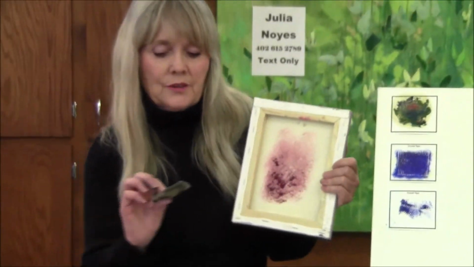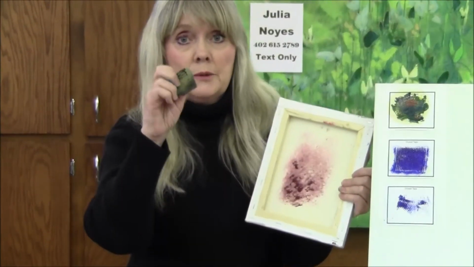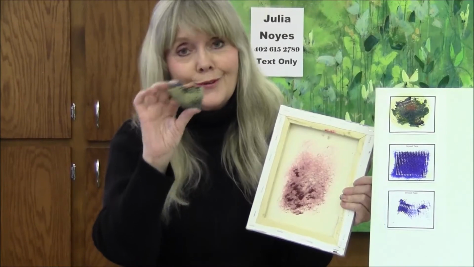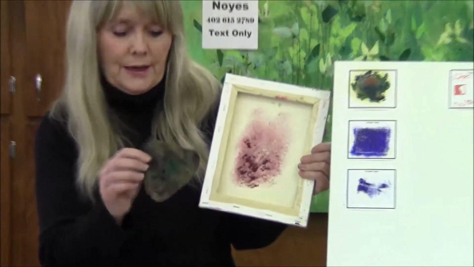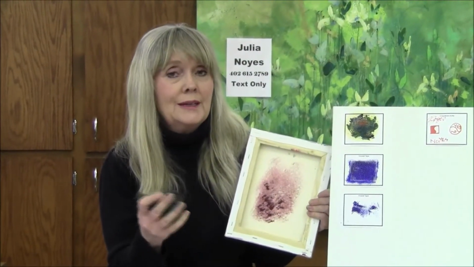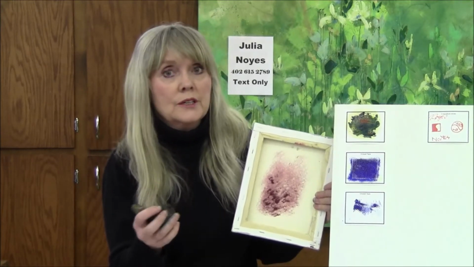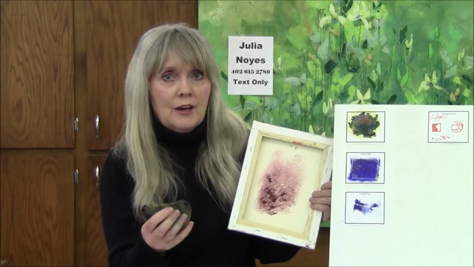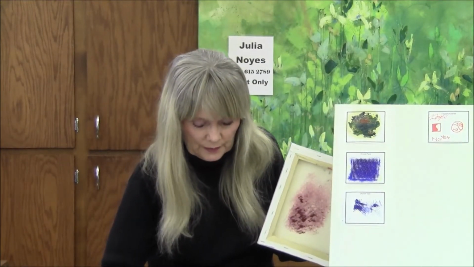You can use sponges like this. This has a very distinct pattern if you want to create a repeat pattern that you're going to use over and over for repetition. Or this has a variety of holes and textures in it. Now sometimes if the sponge is really hard, you might have to wet it slightly, not very much because water repels oil and they don't work together, but you could soften it enough so then you can use it. You dip it into your paint, like here,